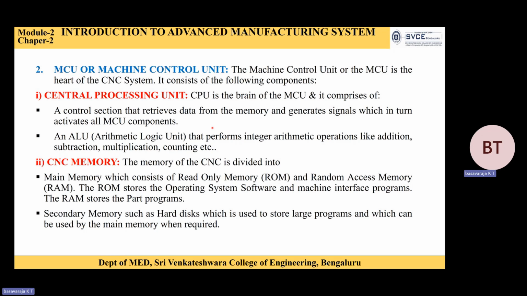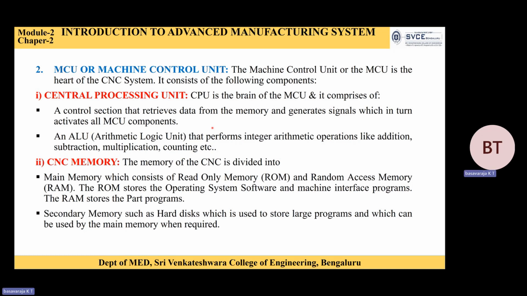Okay, arithmetic logic unit. And CNC memory, the memory of the CNC, is divided into two parts, like RAM and ROM, that we already know. What is the ROM? ROM, read only memory, and RAM, random access memory. ROM stores the operating system software and the machine interface programs, and RAM stores the part programs only. Okay. In order to retrieve the data which was submitted long before, it will be stored in the